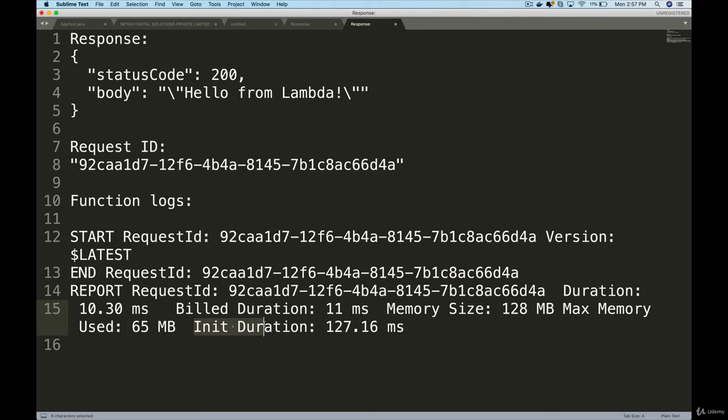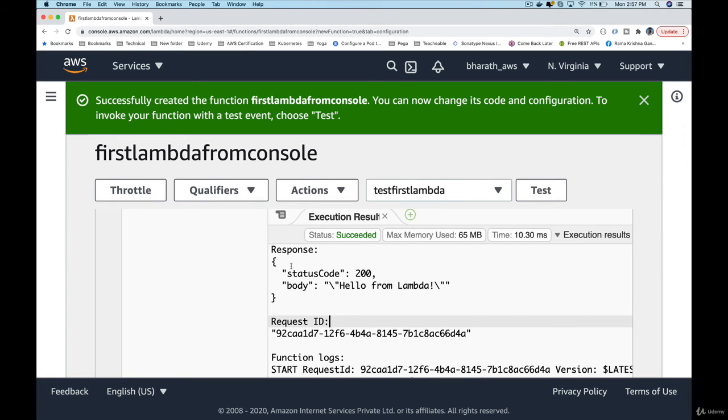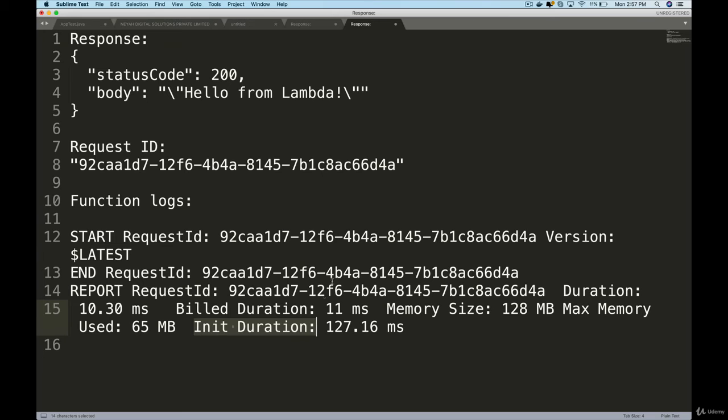See this initialization duration? You will be learning a lot more about this in lectures later on, cold starts, etc. So this is the duration that is taken by the Lambda service itself to create the required environment for this Lambda function to get executed. If it is a Java function, it needs a Linux environment. On top of it, it needs a JVM. On top of that JVM, our code will be executed. Similarly, for Node, it needs the respective Node environment. For that, this is the initialization time that was taken. We will not be billed for that time, we need not pay. We don't have to worry. The billing time is always the Lambda function execution time.